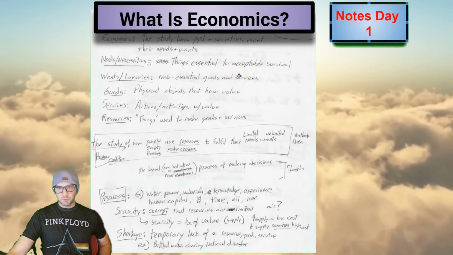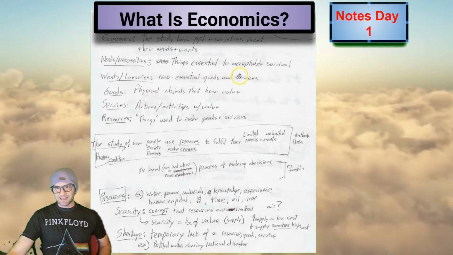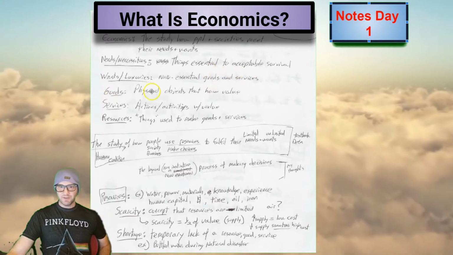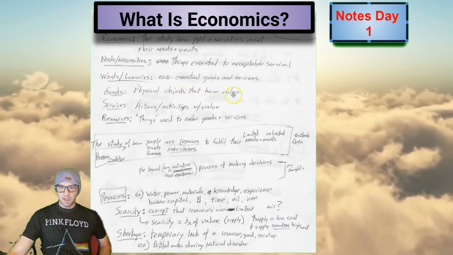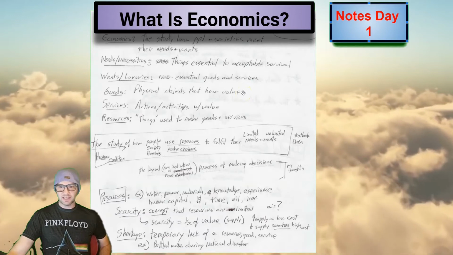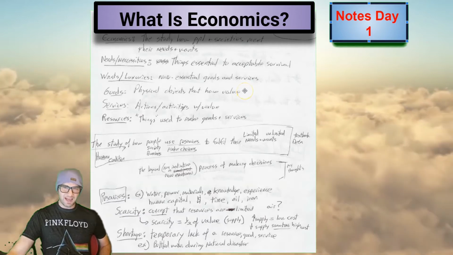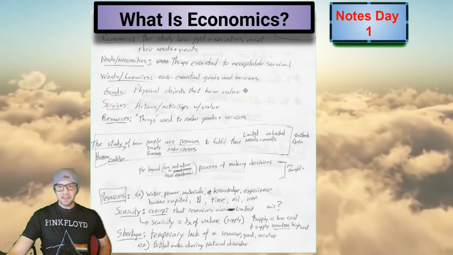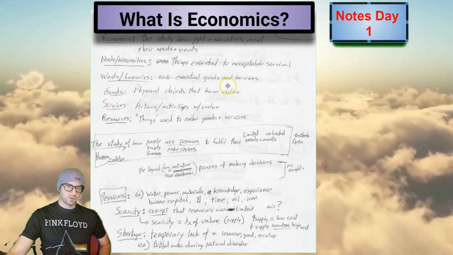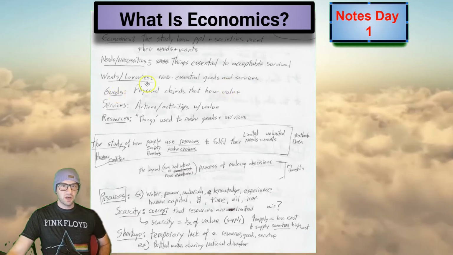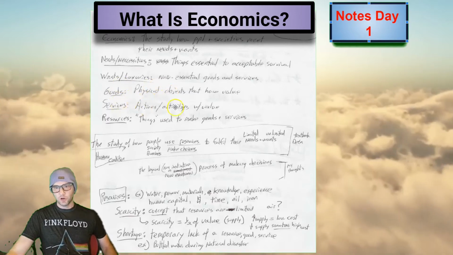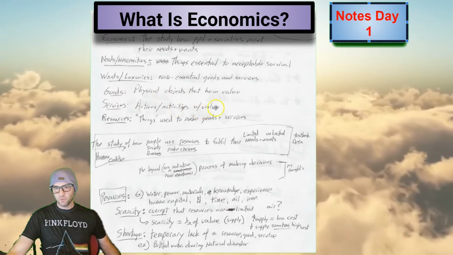Well, now we have to go deeper because we've got even more introductory economics vocabulary: goods and services. So we define them. A good is a physical object that has value. Some can argue that everything in certain circumstances has value. It would be interesting to see something without value or with negative value, but the vast majority of anything in the appropriate circumstances has value. So I guess we could say, and be right almost 99% of the time, goods are physical objects. Services are actions or activities, once again, with value.